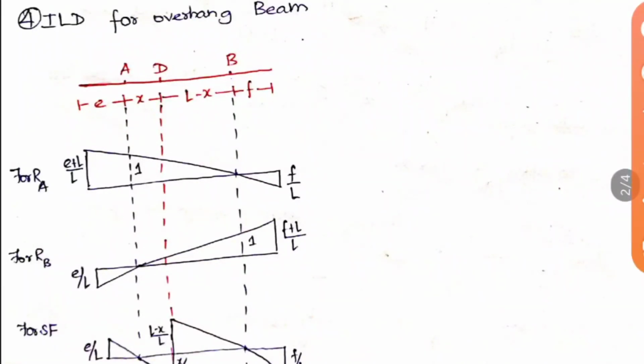Okay, so when you want to find the reaction at A, what will be the diagram? So this will be the diagram. This we have already seen in the supported beams. So you just have to extend this line here and this line here. Always the slope, that is the theta, will be equal to this angle. So here also the theta will be equal, and on this side also the theta will be equal.